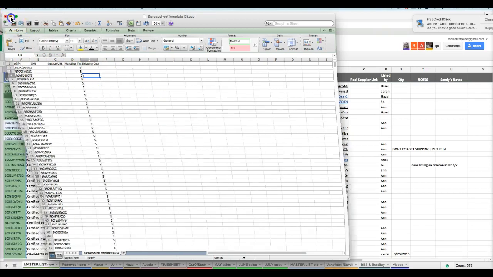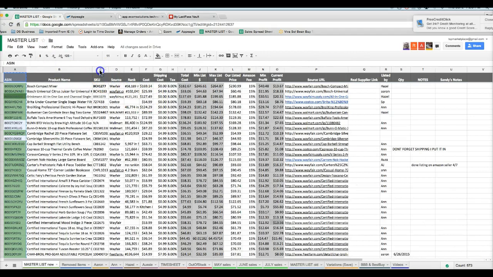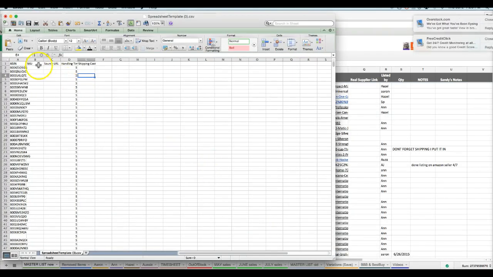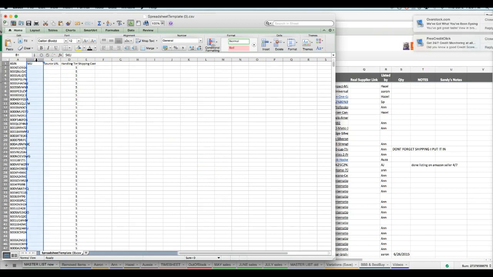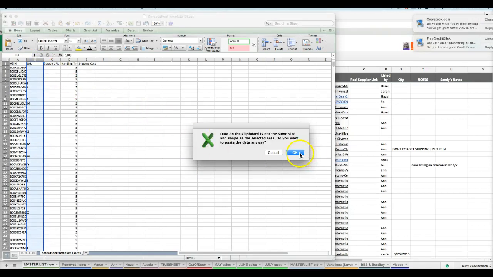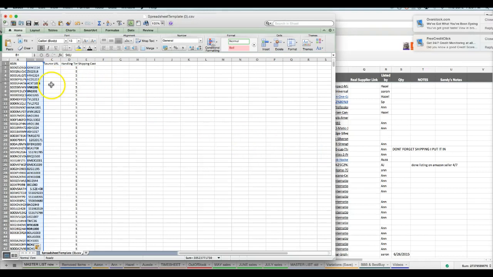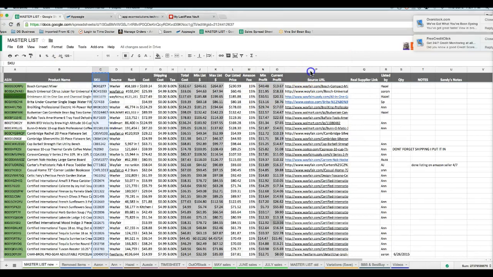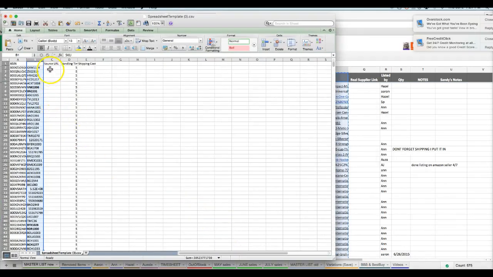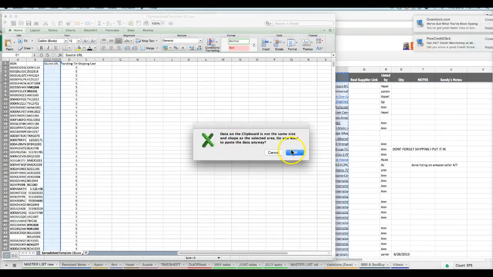Now we minimize that once more, and we'll go over to the SKU column, and we'll copy that. We'll go over to our template, and we'll highlight the SKU column, and we'll copy into that. And there's all the SKU numbers. Minimize that, and we'll go to the source URL column. We'll copy that, bring the template back up, highlight the source column here, copy it over to that column,